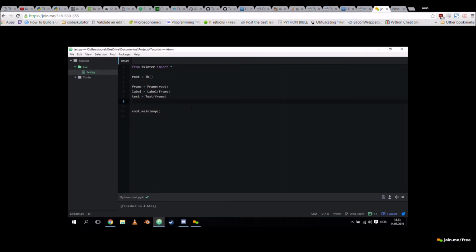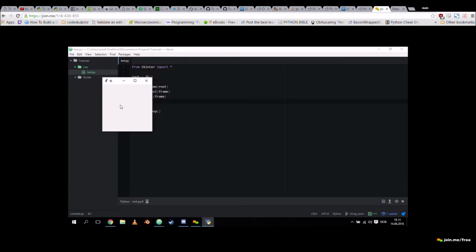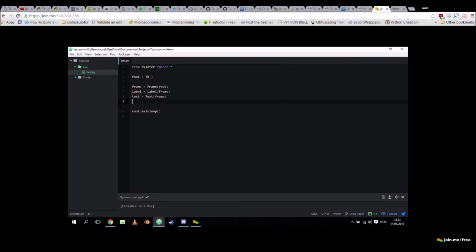And if I run this, nothing happens. Well, you made a window. Yeah, I made a window, but we just made that window before. Okay. And the reason why it didn't happen is because this is one of the first complications that you encounter when you start with Tkinter, and that is that you need a geometry manager. And in Tk, there's 3 of them. There is pack, which we're going to use, which everyone uses, and then there is grid, and then there is place. Which no one uses, except for grid sometimes.